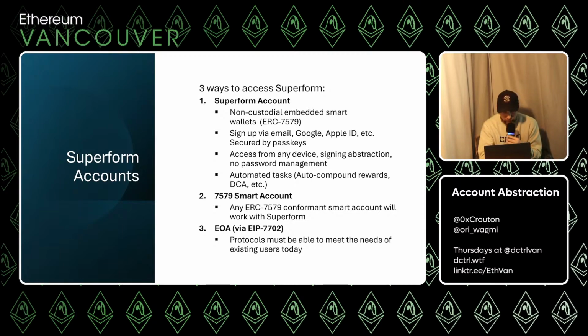And then just a few more things, like specifically, what can we do with the Superform account? So like we said, we can sign in across different devices with Google, Apple, email, you name it. We'll have fiat onboarding, so you can instantly fund your account. You can go from, I have my bank account, cash, Canadian dollars. I can go from Coinbase, Apple Pay, straight to depositing into some earning opportunity on chain, all in one transaction.